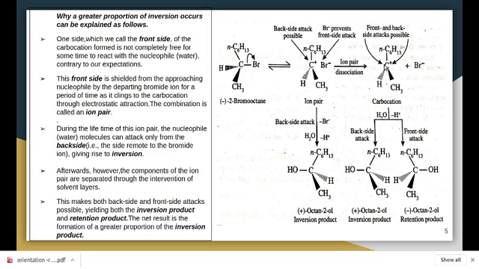So that is the retention product. That means the nucleophile attacks on the same side from where the leaving group departs. In the inversion product, you can see the nucleophile attacks from the side opposite to that of the leaving group. So this is the inversion product, having optical rotation just opposite to that of the starting material. So both products are formed when the ion pair dissociates. Before the ion pair dissociation, the only possible attack is from the backside. So we will get an inversion product.